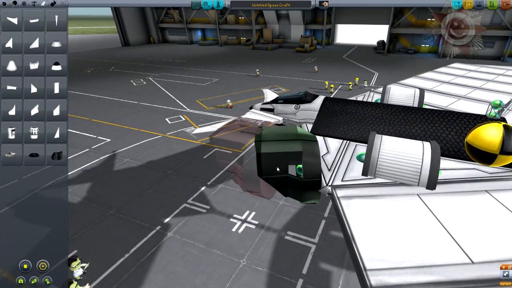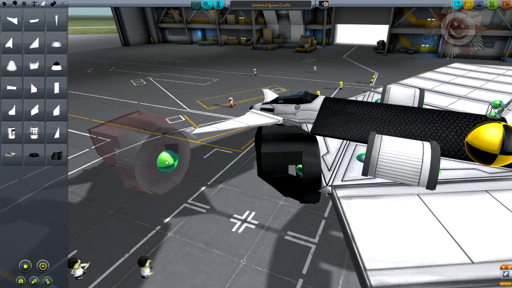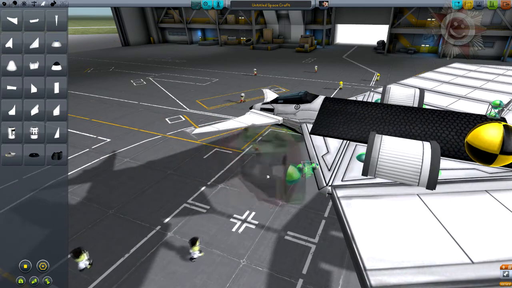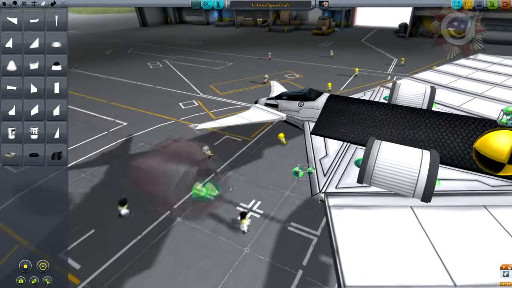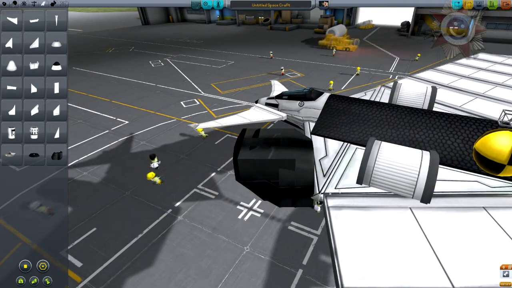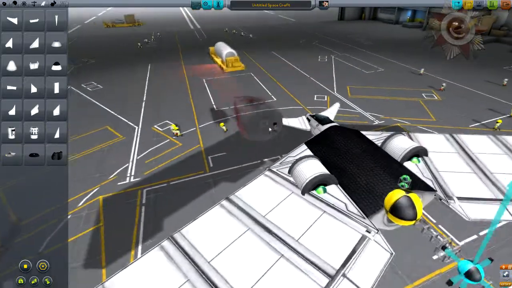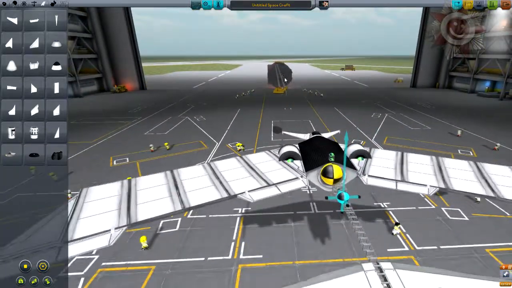Alt click to copy the part and place it on the strut, but it doesn't want to play ball, so I'm going to try again. Sometimes you need to be patient with this. But now we have a nice